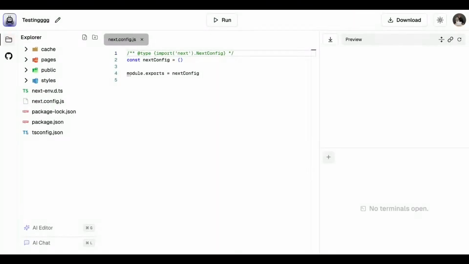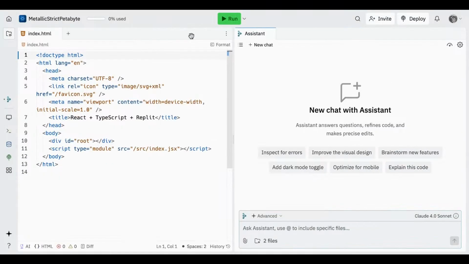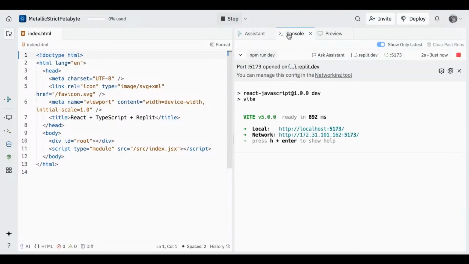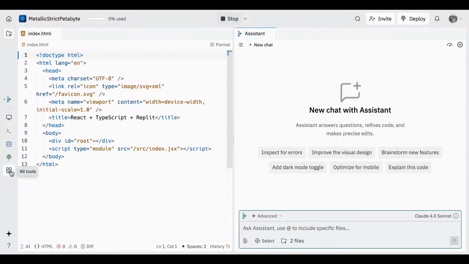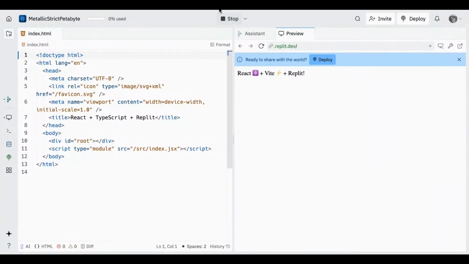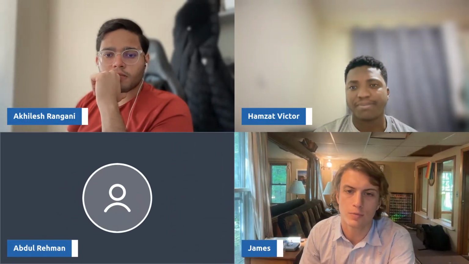So in Replit, if you don't have the preview open and you click run, this opens, and then this opens automatically. Close it, and if I click, then you also have a preview here. Then that also opens it. I find that to be a little more obvious solution. Just saying. Makes sense.